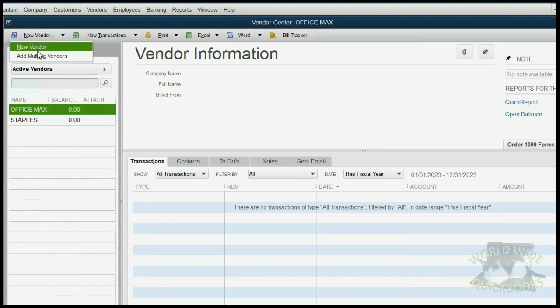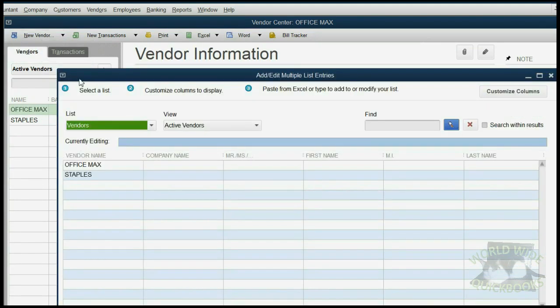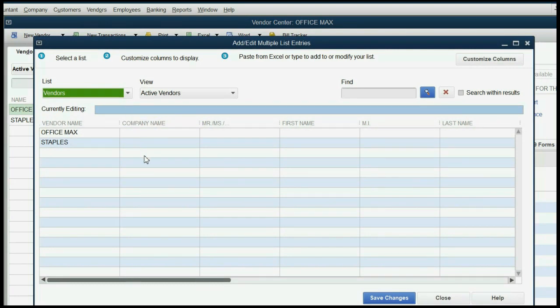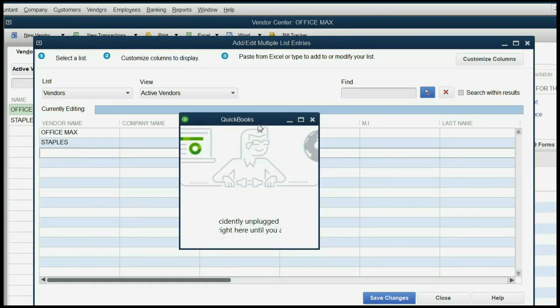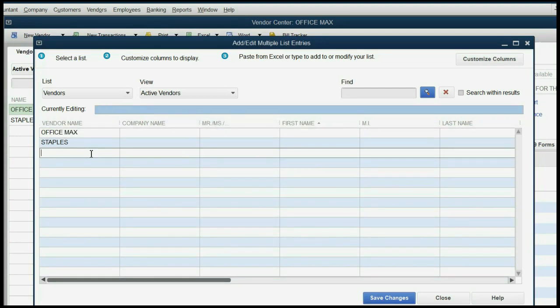New vendor, add multiple vendors. Notice you get a grid where you can actually have all the vendor information across rows like this in Excel or some other spreadsheet program, and you can copy and paste them here. We're not going to paste, we're just going to type in the information we need directly, and it will still save time. But you can imagine if we had all the real vendor data written in Excel, how much time it would save. So let's add UPS